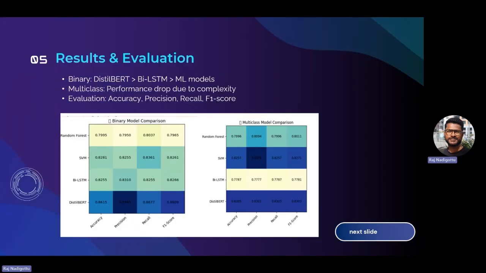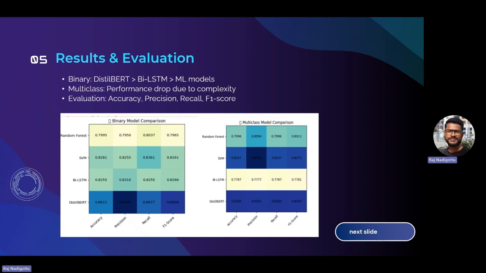After performing the training and evaluation of these four models on these two types of datasets, we observed that in binary classification, DistilBERT achieved the highest accuracy, which is 16.15%, followed by SVM, which is 82.81%, and then Bi-LSTM, which is 82.55%. After that, we have random forest.